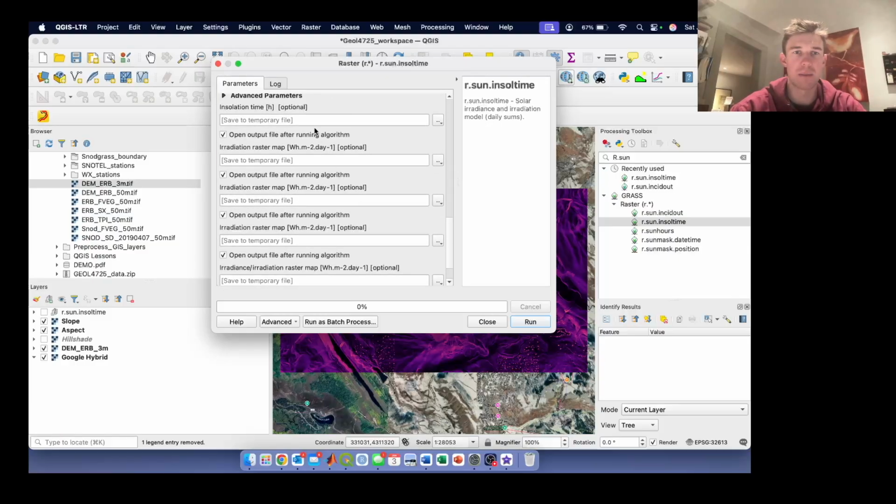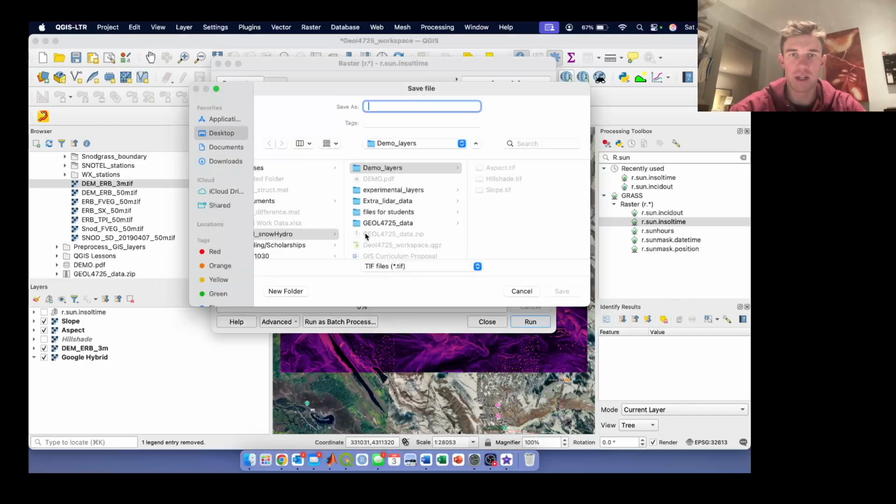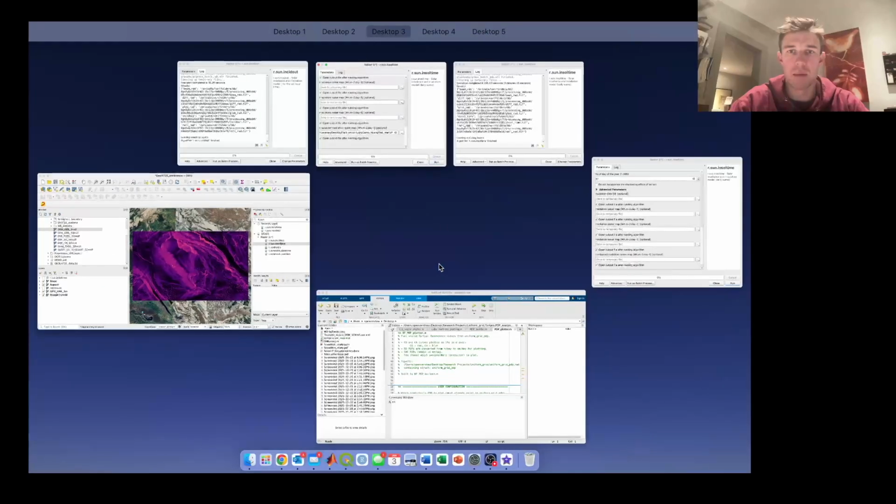Lastly, we have all of these options. It saves several different kinds. You get things like diffuse radiation and beam irradiance, so on and so forth. But the only one we're actually really interested in is this irradiance raster file. So I'm going to go ahead and save that one to my working directory, and I'm going to title it radiation for March 1st. And I'm going to go ahead and run,